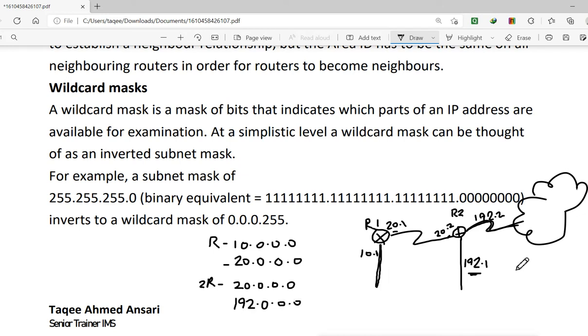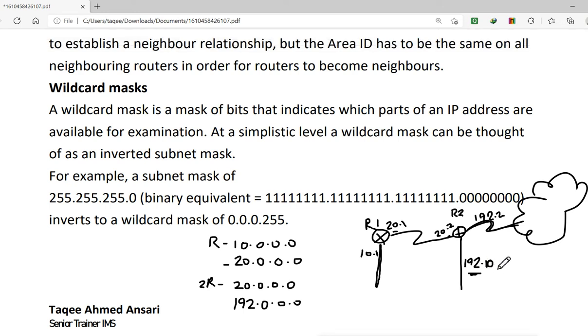One subnet is 192.0.0.1, and the other subnet is 192.0.0.2, or we can say 122, whatever. We have made two subnets here, but the network is the same.